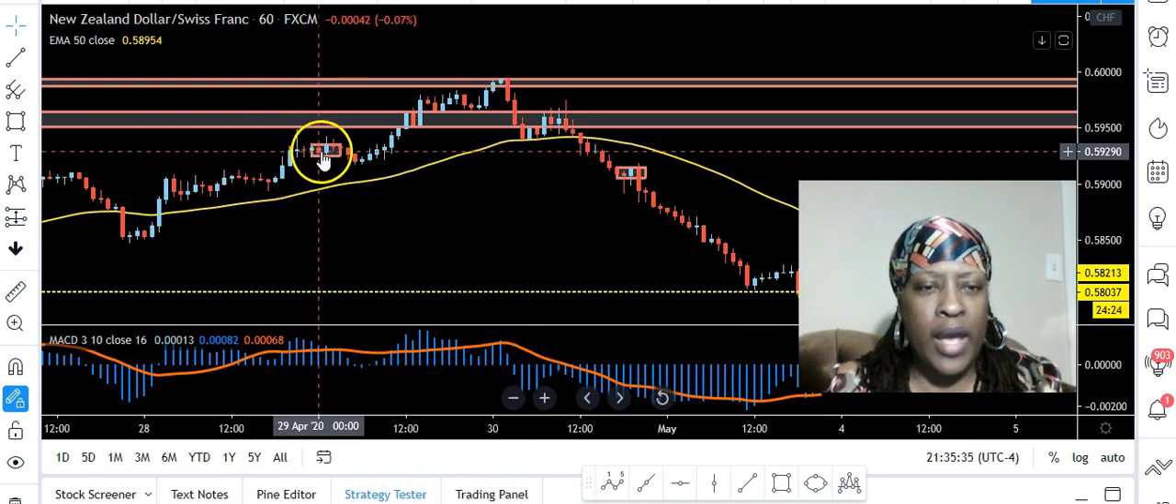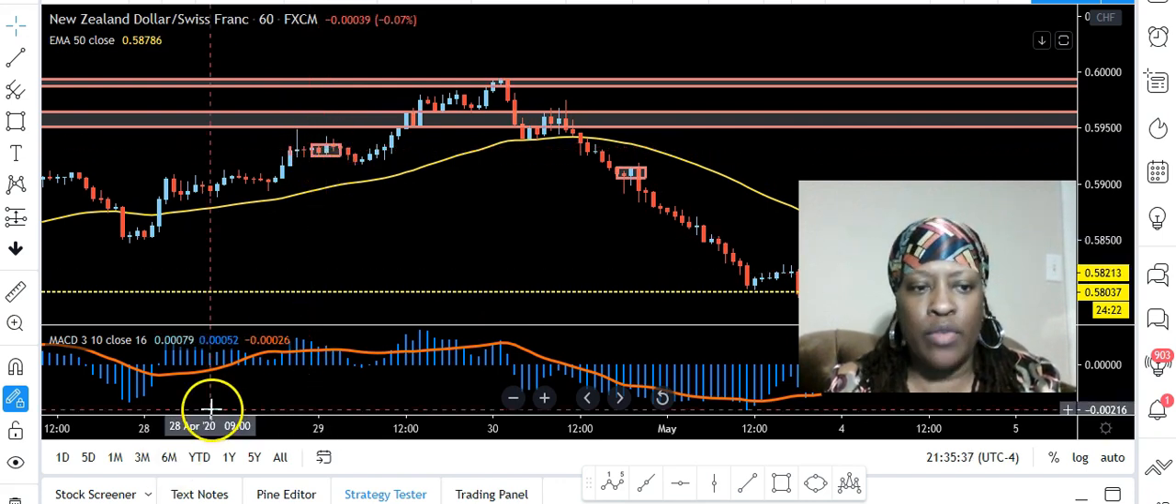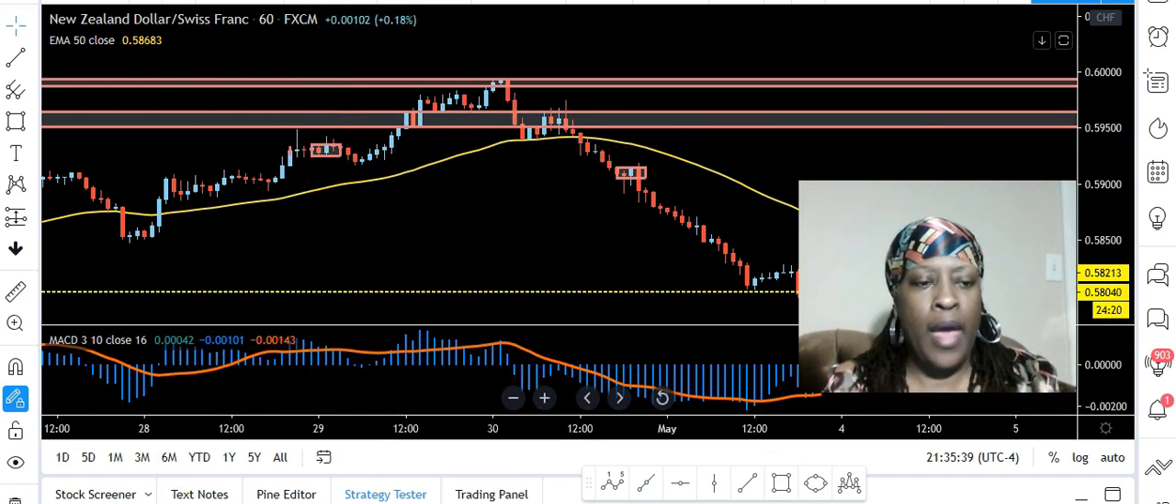Okay, so right here, that's a bullish engulfing candle right there, right? And then